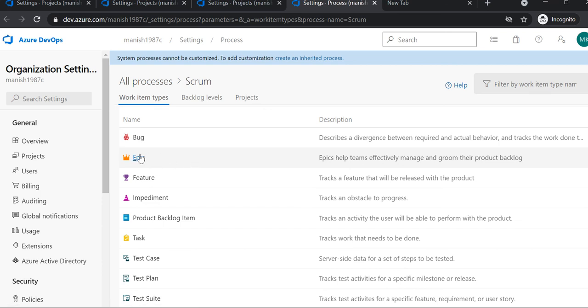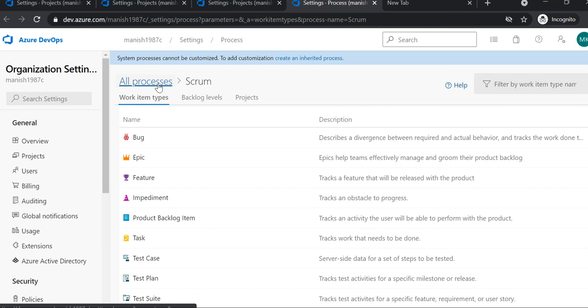I create a project, I create an epic of temporary, and then I'll create three features. One is for UI, one is for API, and the other one is basically for web. Then inside the features you can create multiple PBIs, product backlog items, and inside those you can create multiple tasks, and you can assign these tasks to different team members.